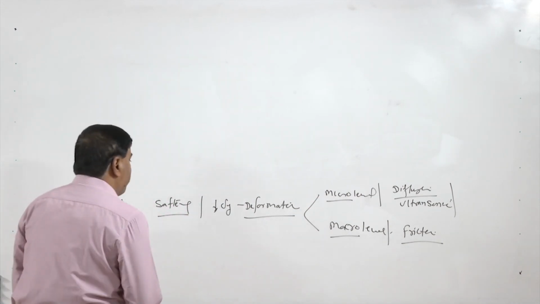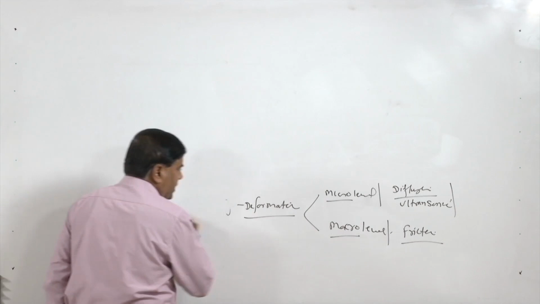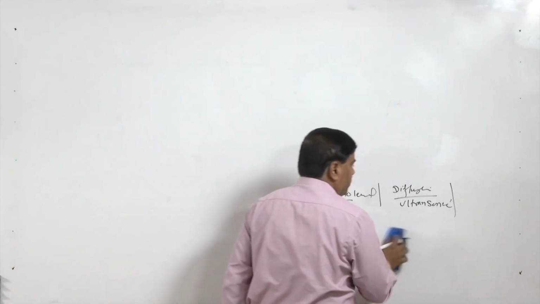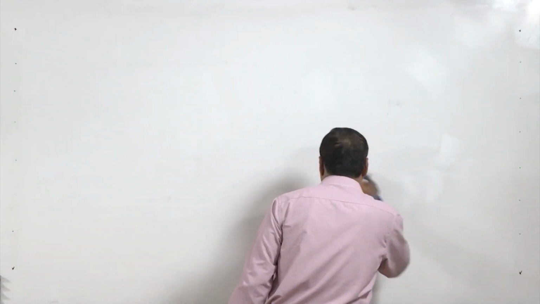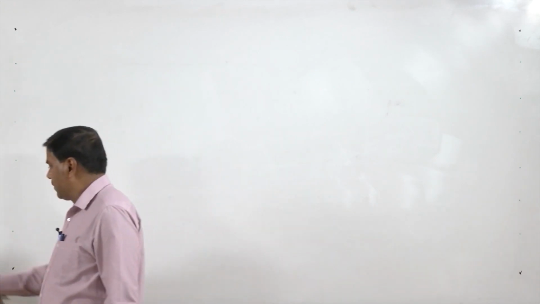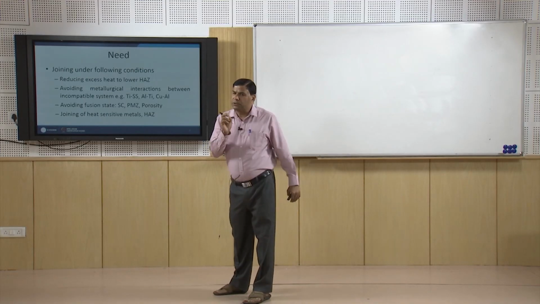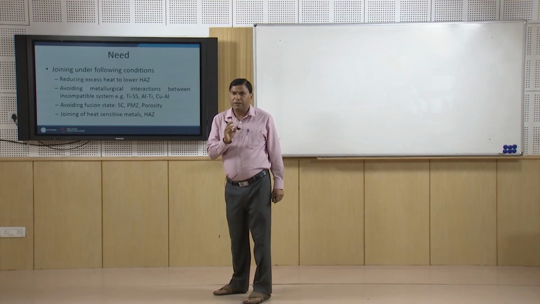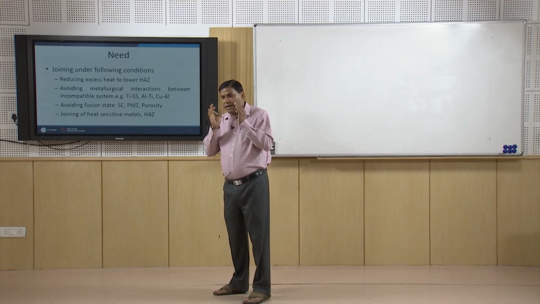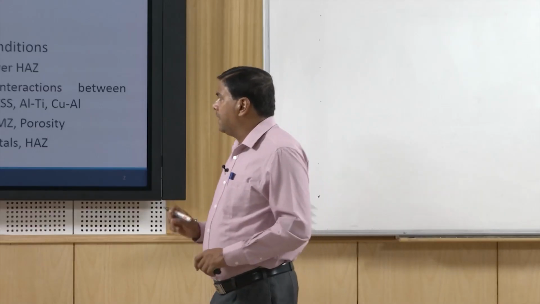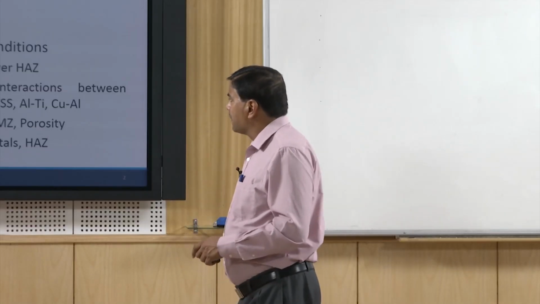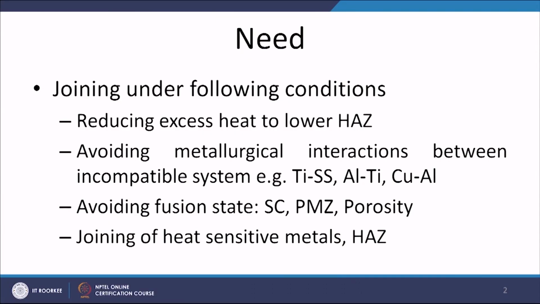So, my macro level definitely will involve large scale deformation or the movement of the flow of the material as compared to the micro level deformation. The purpose of heating here is primarily to soften, not to achieve the molten state, and that is why under the conditions when conventional welding processes develop a lot of heat, a very large size heat affected zone,